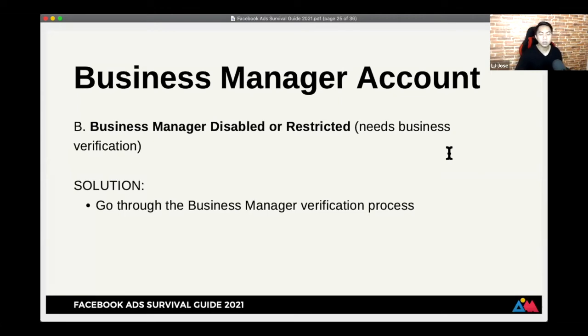Alright? In order to do that, if you're doing it for your own business, you need to have the documents. Minimum is BIR and DTI documents. For international, there are requirements listed by Facebook on which documents to submit, especially for LLCs or corporations in different countries. Once the business manager is verified and all good, again, it may take from a few days to a few weeks. But once it's okay, your ad account should be okay again, and your ads will run again, if it was disabled just because of that reason.